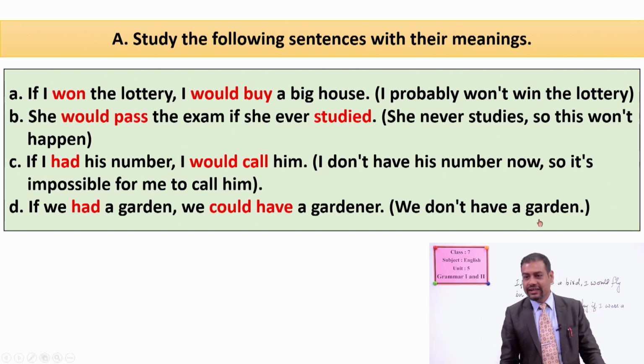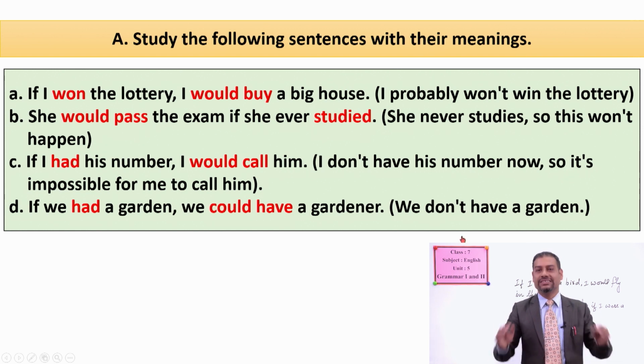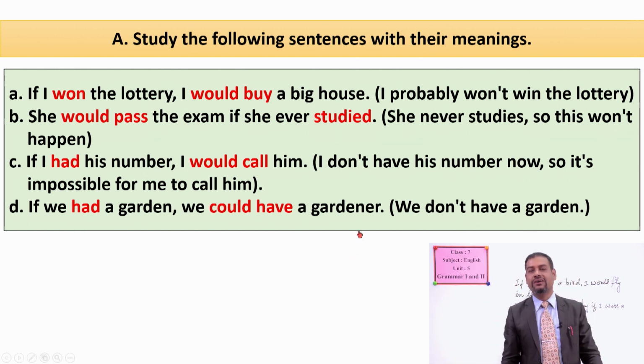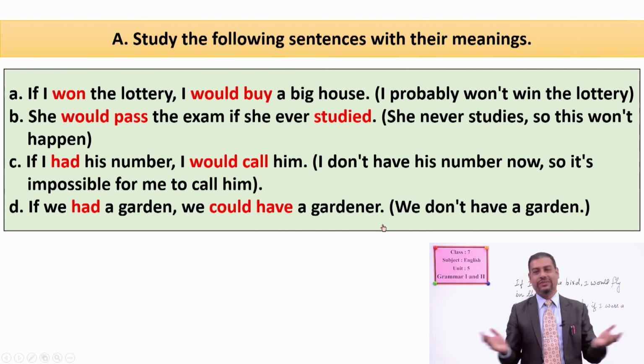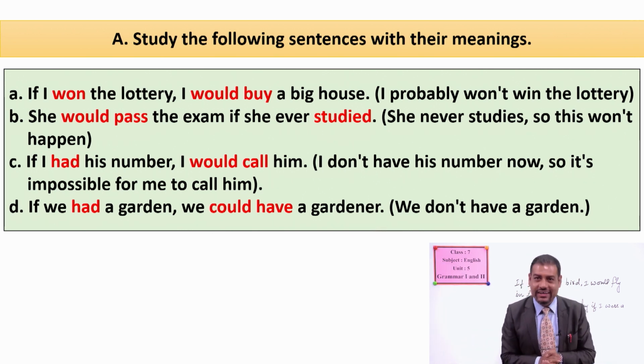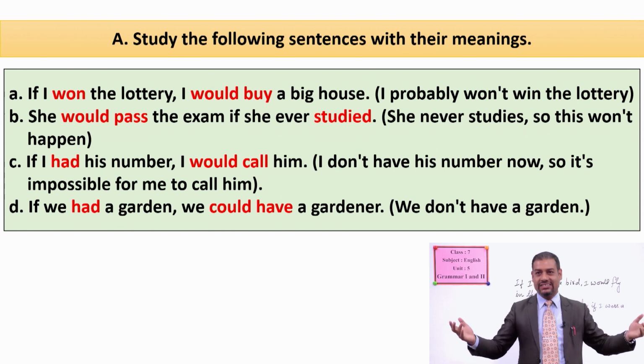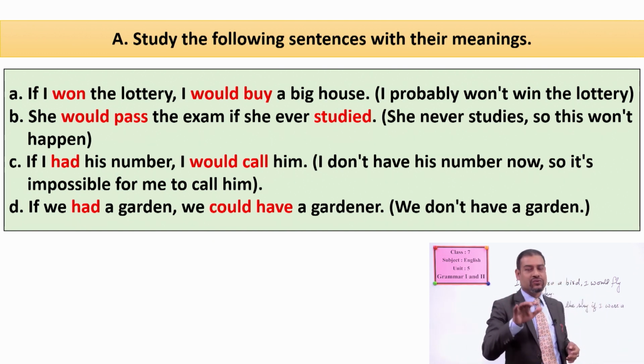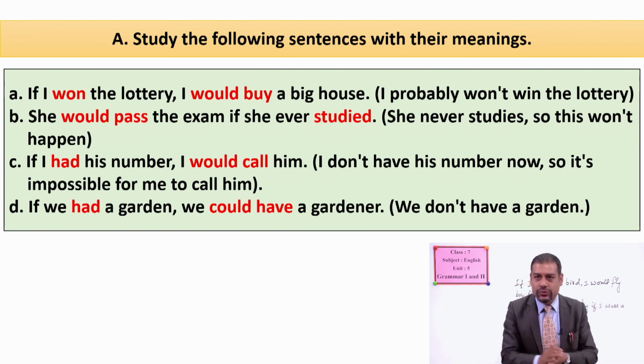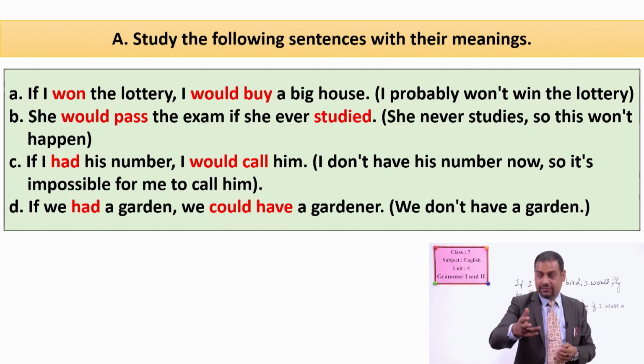See, we don't have a garden now, but it is just imagination. If we had a garden, then we could have a gardener, but we don't have a garden. Okay, so it is just imagination. So dear students, from these examples, from these situations, you have to understand that if you want to express something